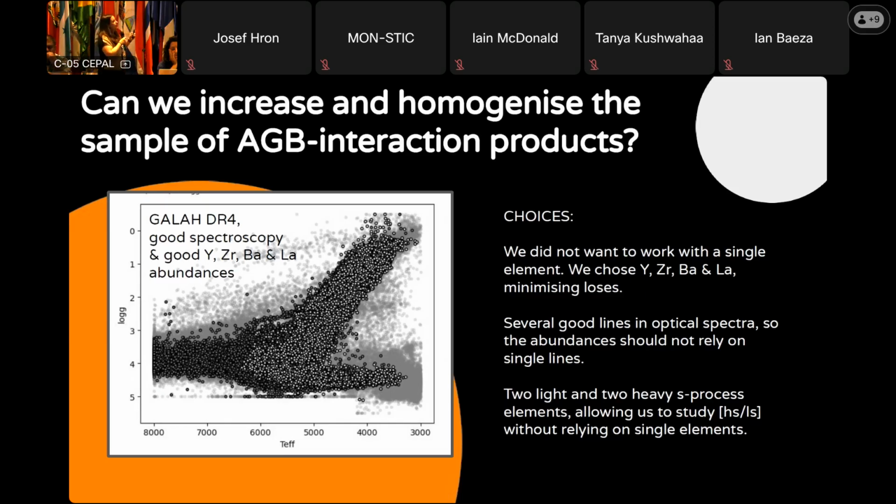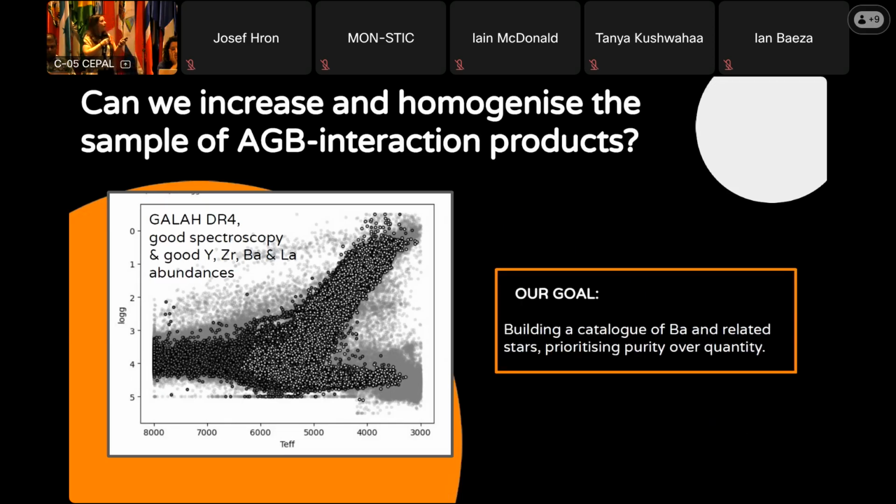And they all have more than one line to work with, so we remove those systematics of working with a single spectral line. The goal, the thing I was going for, you can perhaps disagree if this was the good approach, I wanted purity over quantity. I wanted that if I tell you this star is a good candidate for a barium star, you need to make a little bit of an effort to prove me wrong. I didn't want to find them all and then discover that 20% of the catalog is just crap.